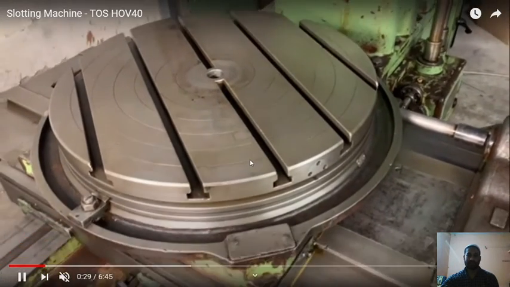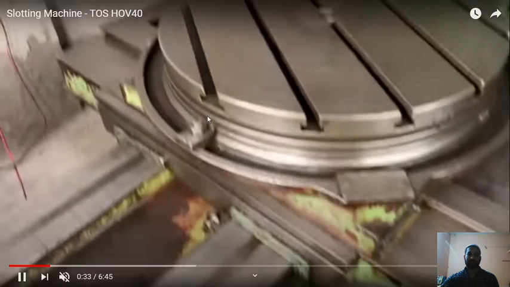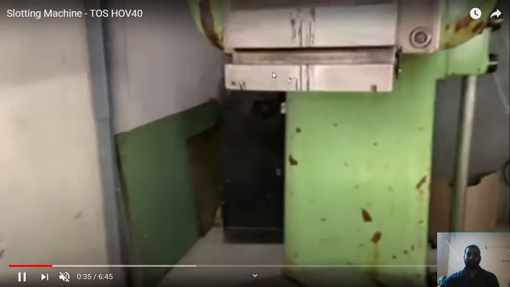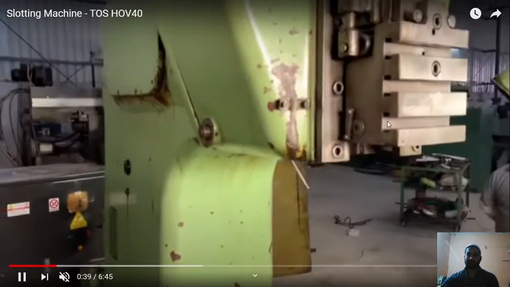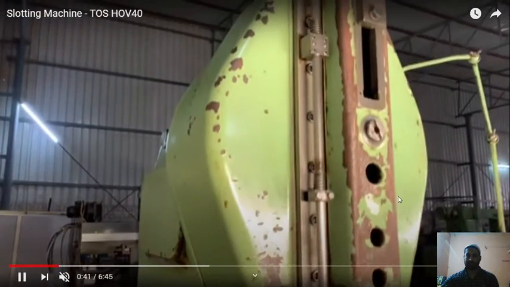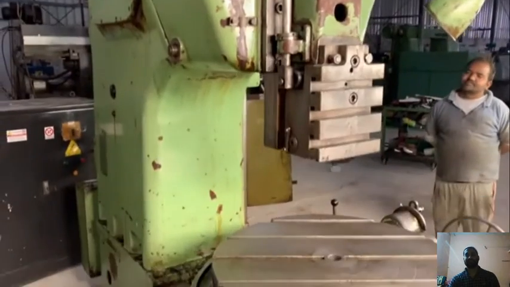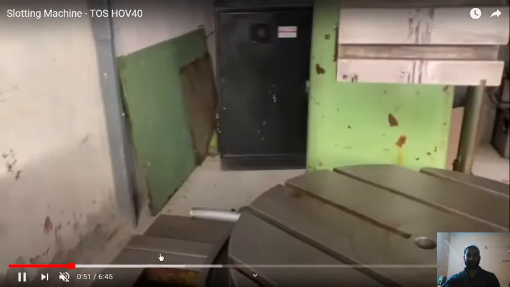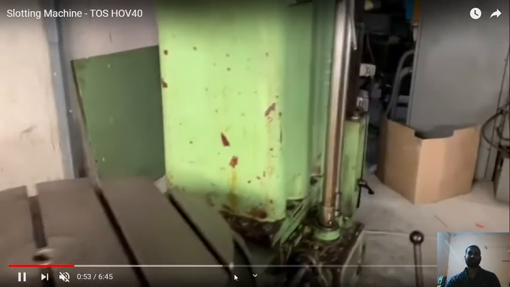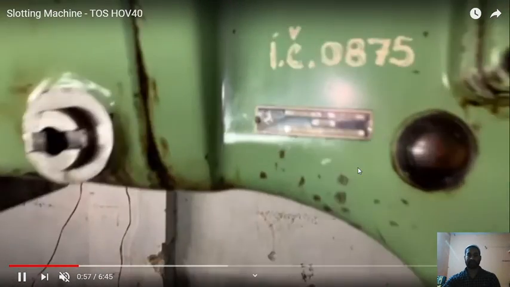This is the rotary table, which is either manually fed or power fed. Here we can put the tool required for the operation. This is the bed, and this is the cross slide. This is the vertical housing, a C type of structure made of cast iron.